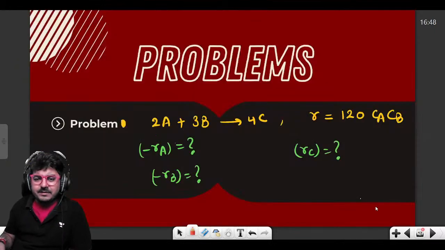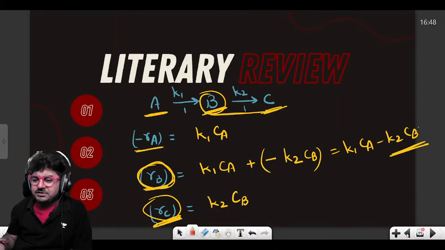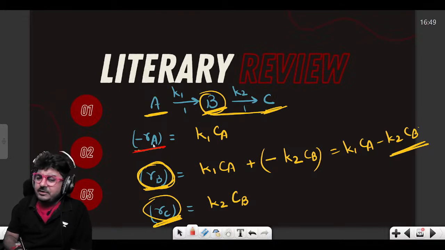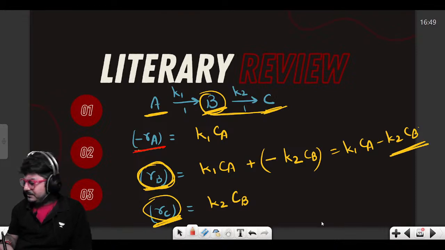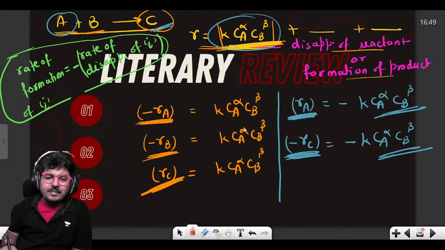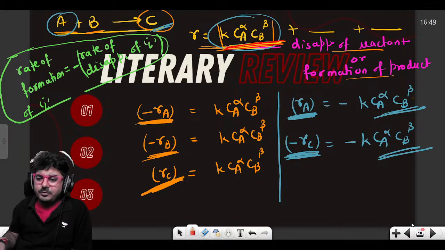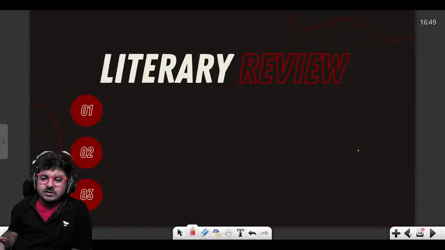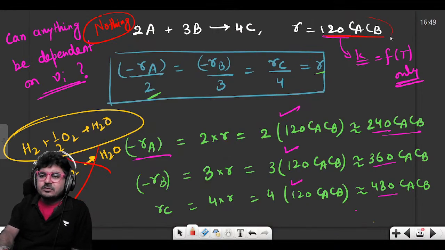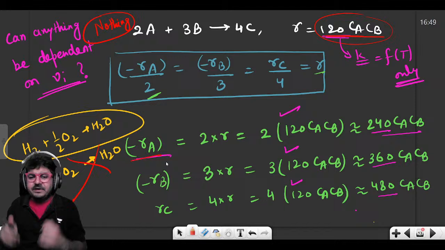सेम इन द सेम वे, आपने बोला आर और माइनस आर ए का मीनिंग, देखो आर का मीनिंग होता है रेट ऑफ रिएक्शन एंड माइनस आर ए का मीनिंग होता है रेट ऑफ रिएक्शन और मोलर रेट ऑफ डिसअपियरेंस ऑफ ए पर यूनिट वॉल्यूम। ये हमने कल बात की थी, मे बी आपने शायद कल वाला सेशन नहीं देखा, आप देख लेना, उसमें हमने डिस्कशन किया है। और ये पार्ट क्या रिप्रेजेंट करता है? डिसअपियरेंस ऑफ रिएक्टेंट और फॉर्मेशन ऑफ प्रोडक्ट, है ना? तो यहाँ पे देखो, रेट इक्वेशन इज दिस, तो ये हमारा क्या बता रहा है? डिसअपियरेंस ऑफ रिएक्टेंट, माइनस आर ए इज ऑल्सो डिसअपियरेंस इन टर्म्स ऑफ डिसअपियरेंस ऑफ रिएक्टेंट, तो वी आर ऑन द सेम पेज, तो पॉजिटिव ही रहेगा।